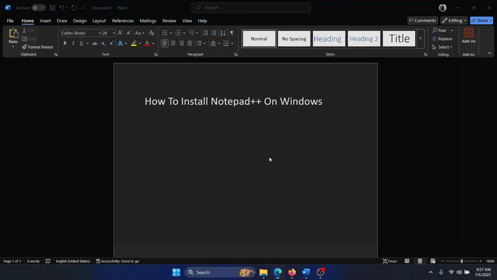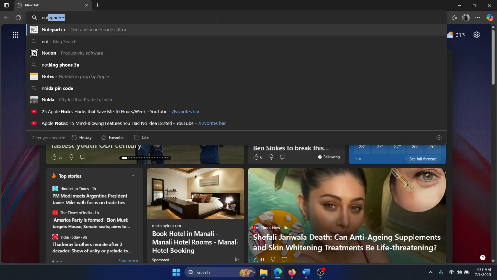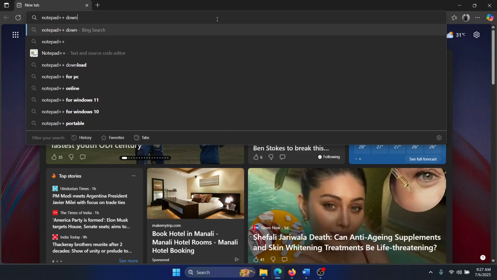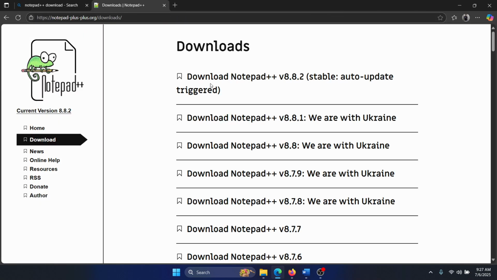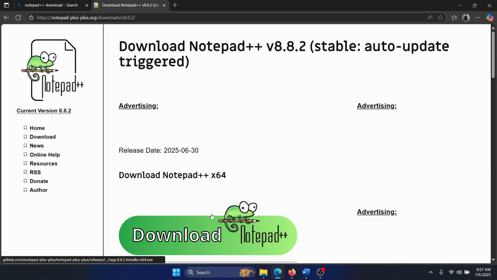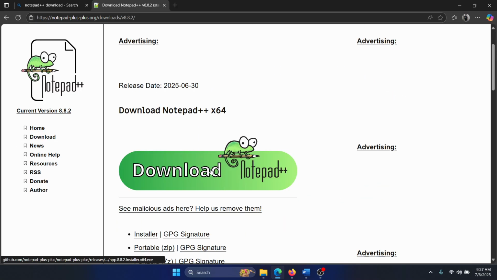First of all, open any browser and search for Notepad++ download and hit enter. Okay, now we can go to the download page for Notepad++, and then you will have to select the stable update. Select the stable update, the latest one. And then you can click on download Notepad++,